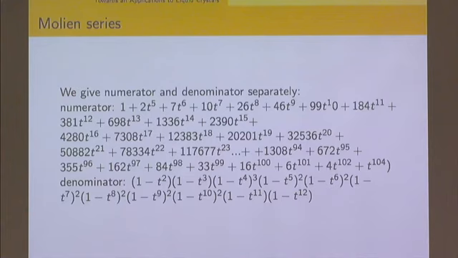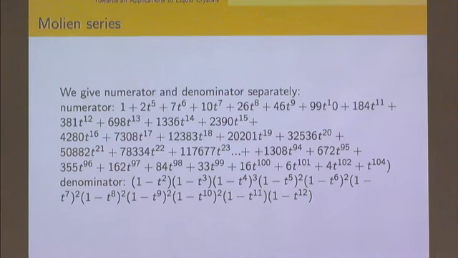And we have a numerator which starts with 1, 2 times t to the 5, and so on, and ends somewhere with a t to the 104. You see these huge numbers here. There are extremely many invariant functions which are needed to generate this. So it's probably not feasible to compute them all and to base a theory on the knowledge of all of these. So there should be something done